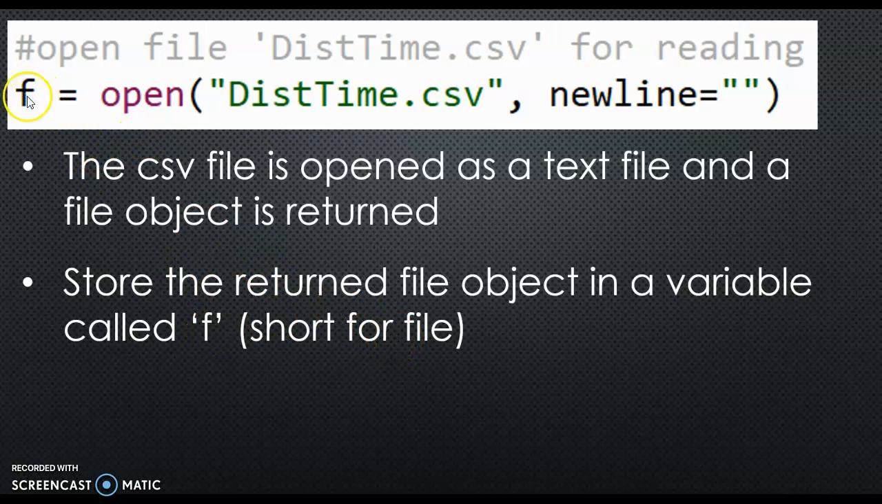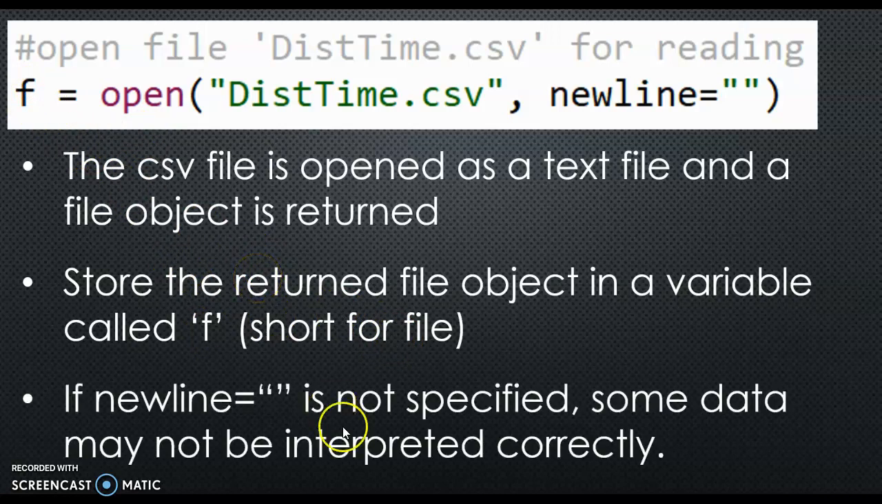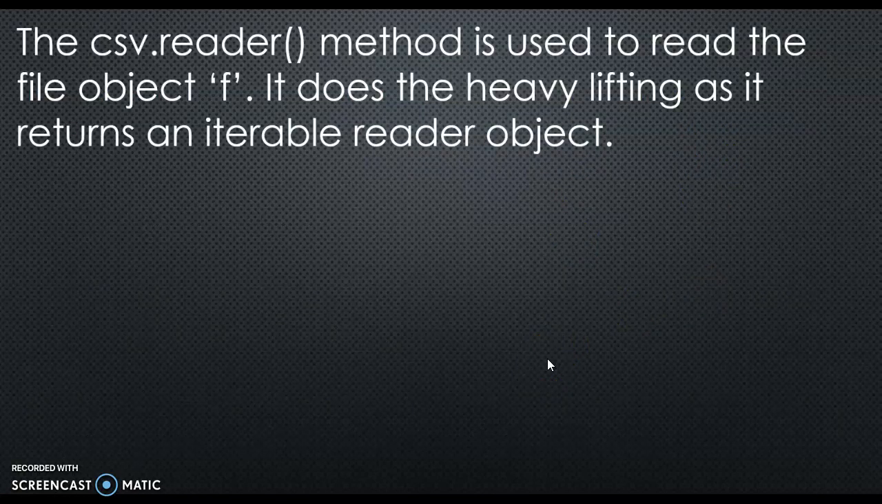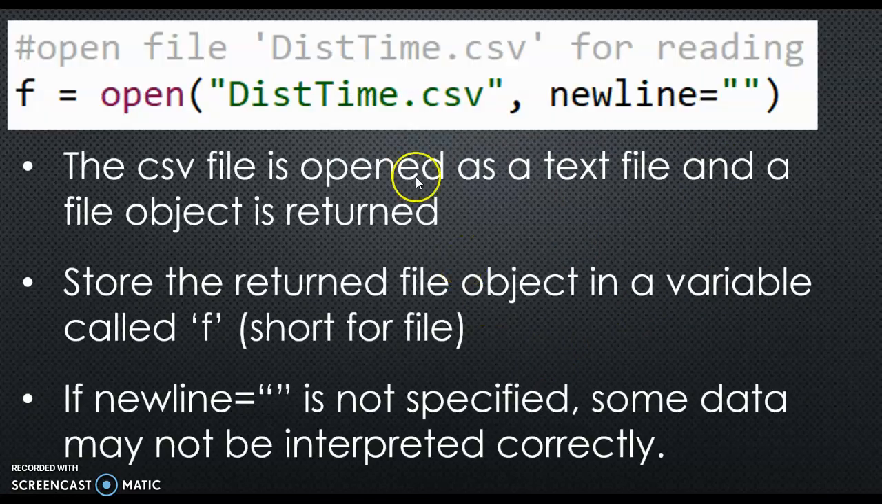Maybe not a great name, but it's okay. And finally, the newline argument here, we're providing that because if it's not specified, some data may not be interpreted correctly. So it is important to put that in. Right, so where does this leave us? Well, we've brought back a CSV file which has been opened as a text file, and a